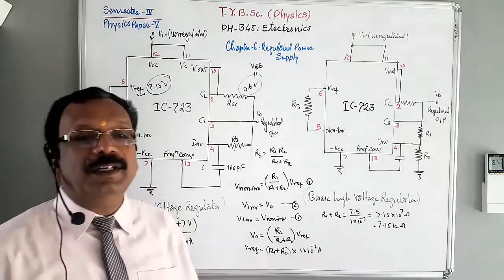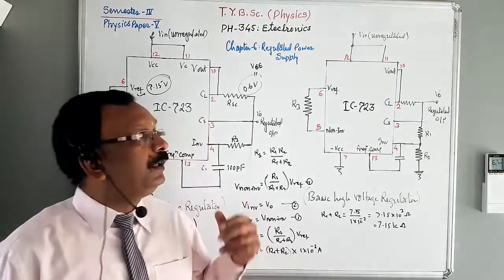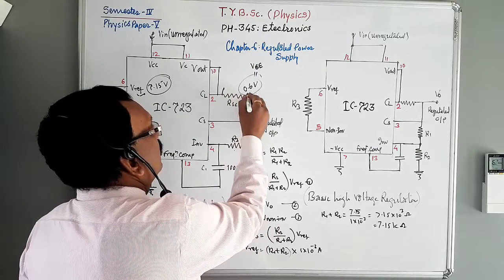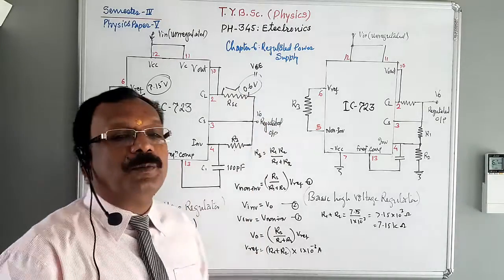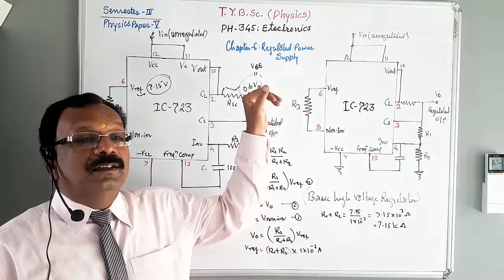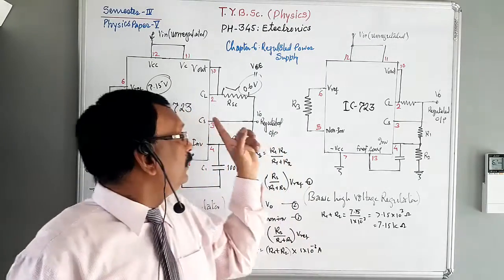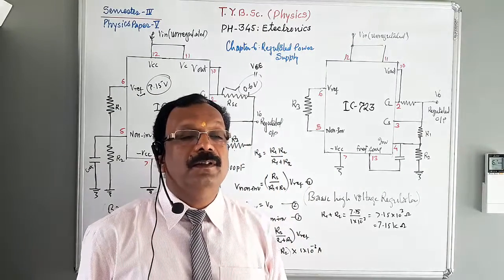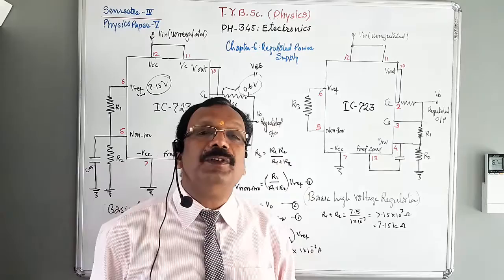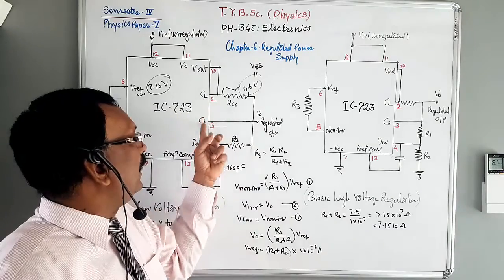block diagram of IC723. But I say when load at this point exceeds the desired current limit, then the voltage drop across RSC becomes 0.6 volt, which is nothing but the voltage between base and emitter of series pass transistor T1 inside the block diagram, and which drives the transistor T2. Transistor T2 is the current controlling transistor, whose base and emitter are connected between CL and CS respectively.